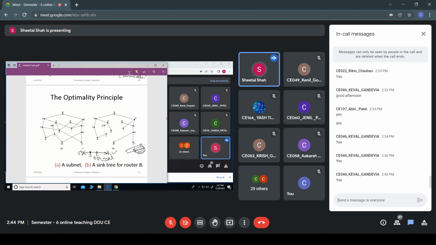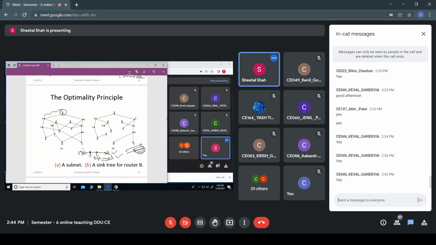Based upon this optimality principle, all these routers, these are nothing but the sources, and this is the destination. So all these routers would have only a particular path to the destination, because due to the optimality principle, if I say that there is an optimal path from D to B through A, that means the A to B is also an optimal path.